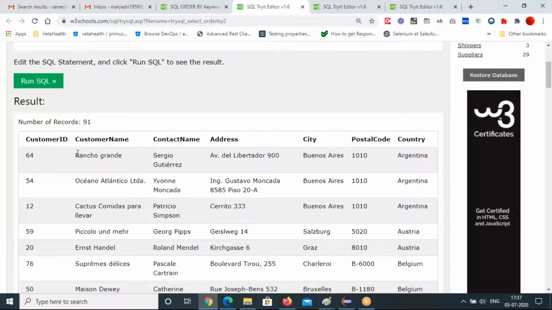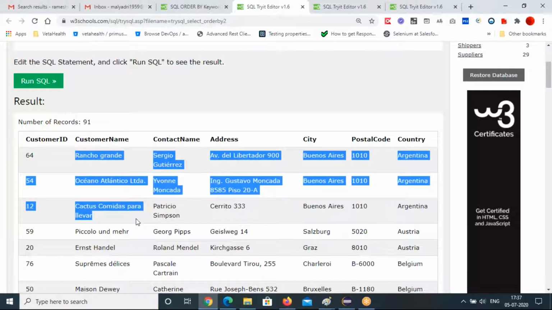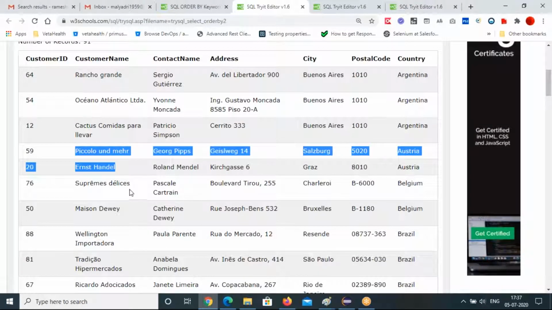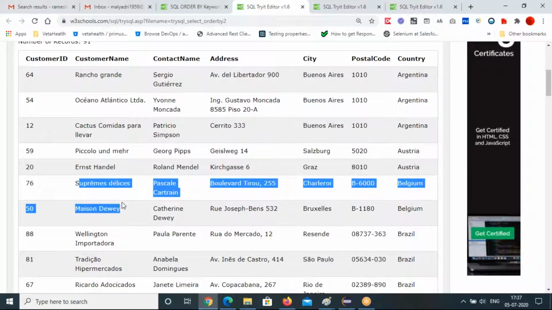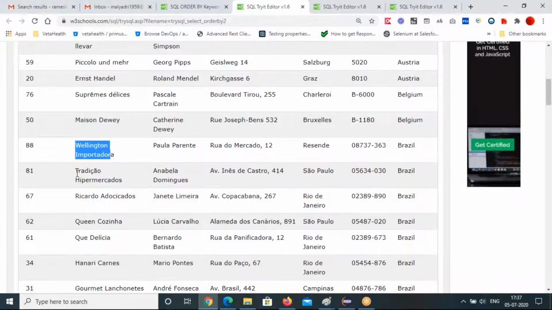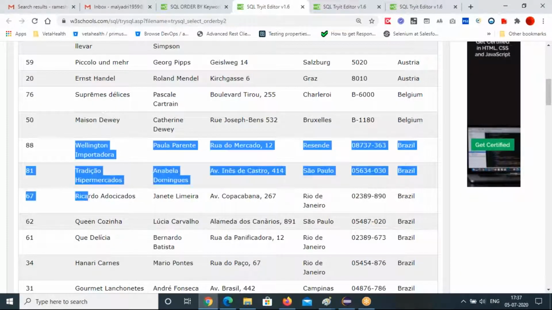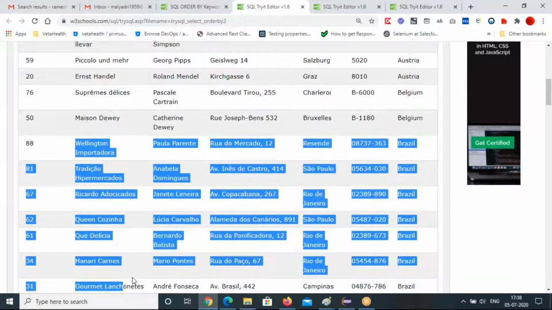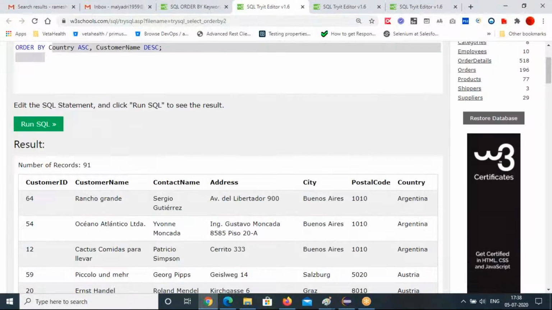Then for Austria, see, descending. Belgium, descending. Brazil, this is also descending order. So this is how you can arrange the specified column in whichever order you want, ascending or descending. You can fetch that.